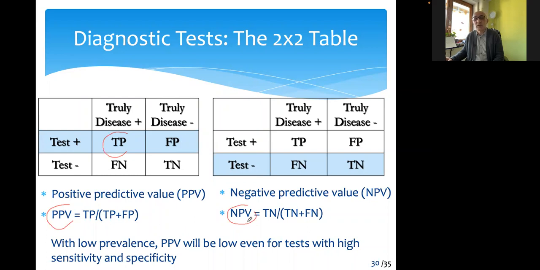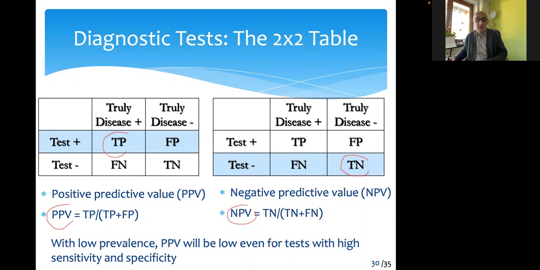And negative predictive value, on the other hand, is about this one, the truly negatives. Among the test negative people, what is the probability or proportion of those having really no disease, being really healthy? And the important point here I have to mention is that these two indicators, positive predictive value and negative predictive value, are enormously related